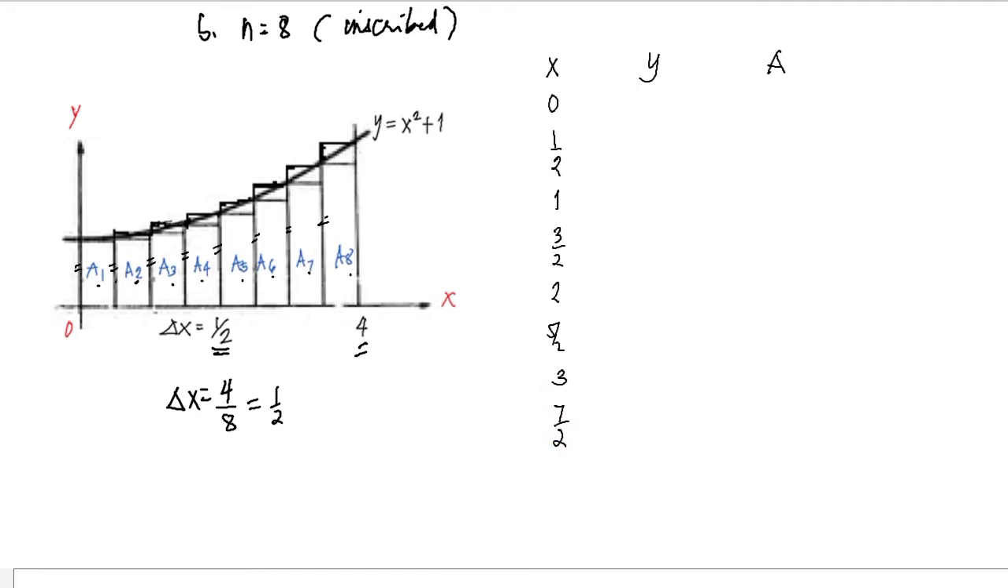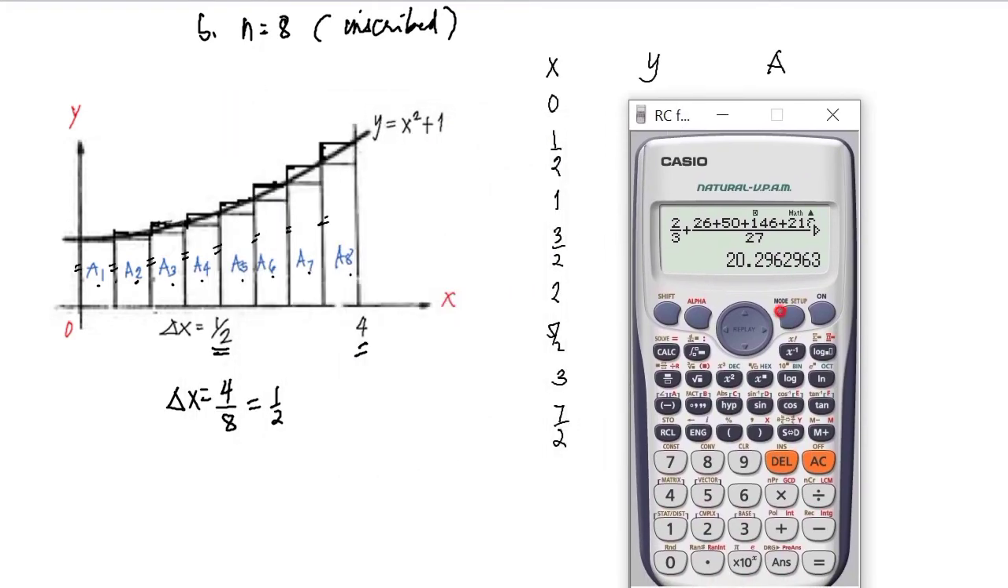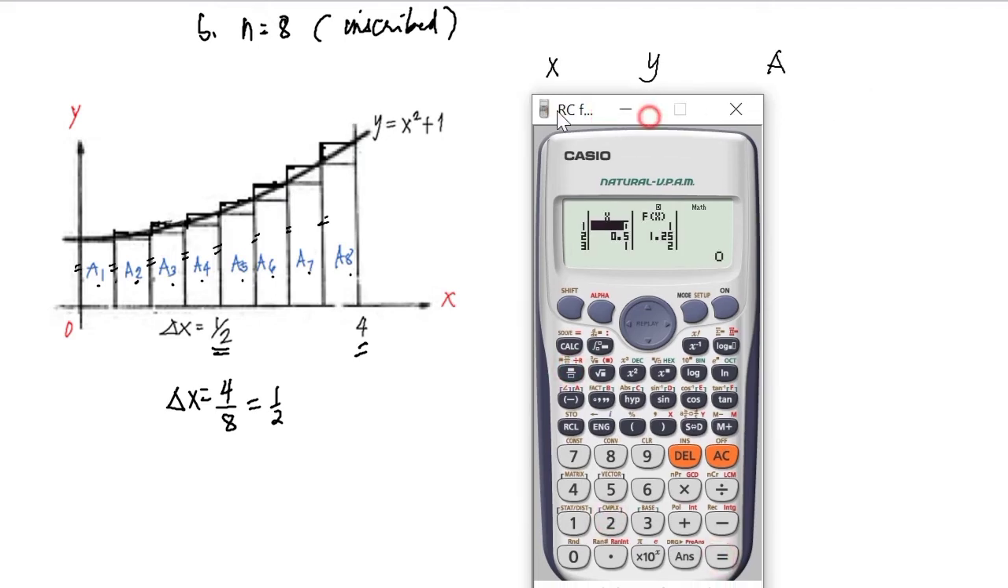Okay? So, for the value of the y, we can compute that gamit yung ating table. So, for the table, we have x squared plus 1. We will start with 0, and we will end at 7/2. And we will have the step of 1/2. Kasi 1/2 yung increment natin. So, we have here